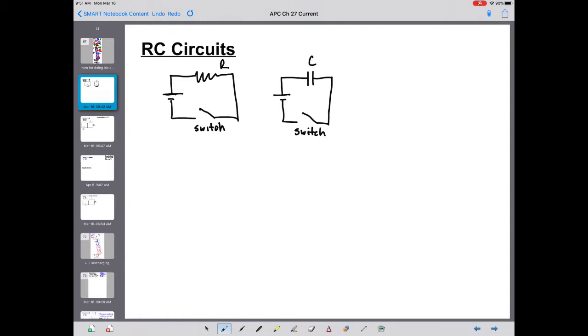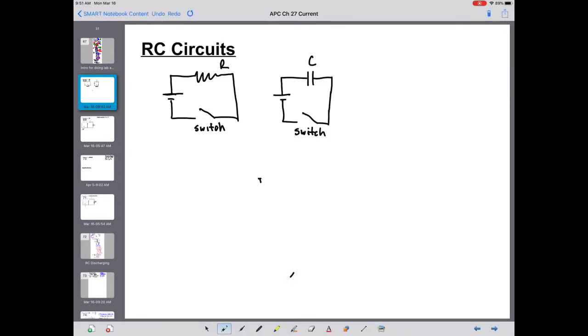If we have a resistor in a circuit, well, without the resistor there, we would only have wires, and with only wires, that would be a short circuit. There would be no resistance. We would have many charges flow, heat up the wire, and burn out the wire. So we place a resistor there to oppose those charges from flowing, to reduce the amount of charges flowing, or to reduce the amount of current, so that when we close the switch, we get charges flowing, and then that